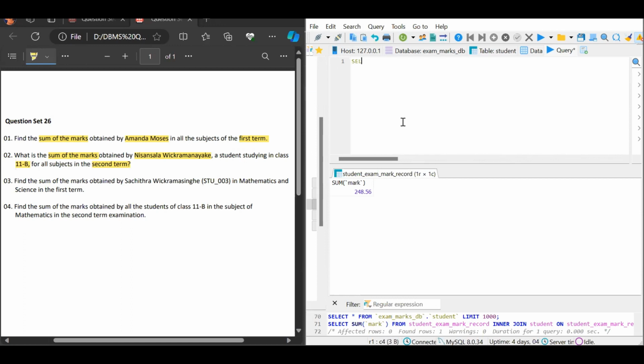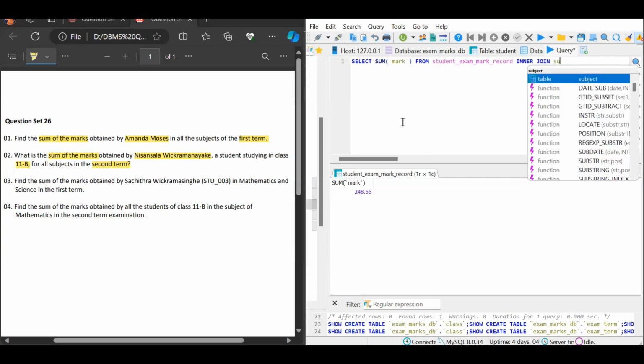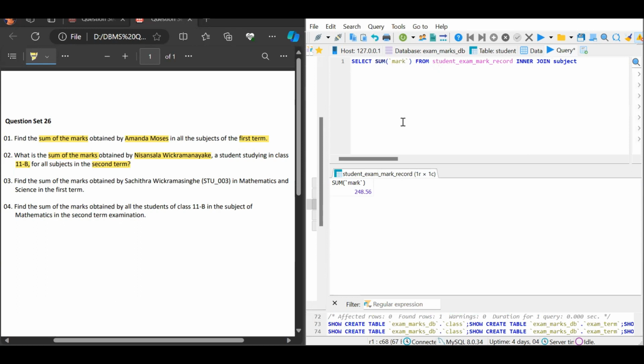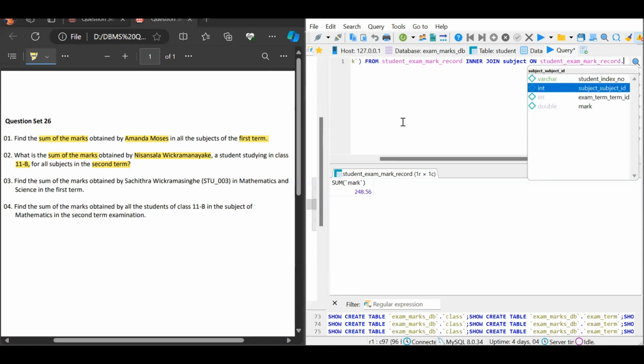So then let's type again the select query. Select here too. We can use the sum keyword as we have to find the sum of the marks, and then inside the brackets we give the mark, and then we use the from keyword, and then the student exam mark record table, and then we use an inner join and join the subject table, and then we can use the on keyword, and we can give student exam mark record table dot subject id equals to subject table dot the subject id,